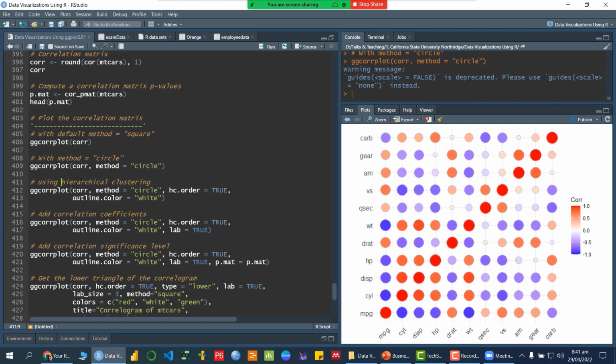Now, what I'm doing is applying hierarchical clustering. What does hierarchical clustering mean? It groups similar correlations, which means if variables have a higher positive correlation, they are going to be clustered on one side, and if they have a negative correlation, they are going to be clustered on the other side. So it rearranges these variables in a way that we can see the highly correlated variables on one side and the lower ones on the other side. Okay, so if I run this one,